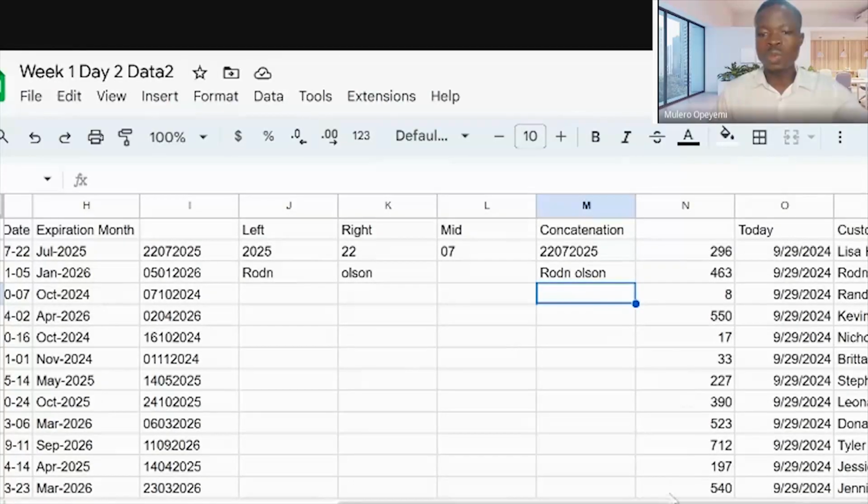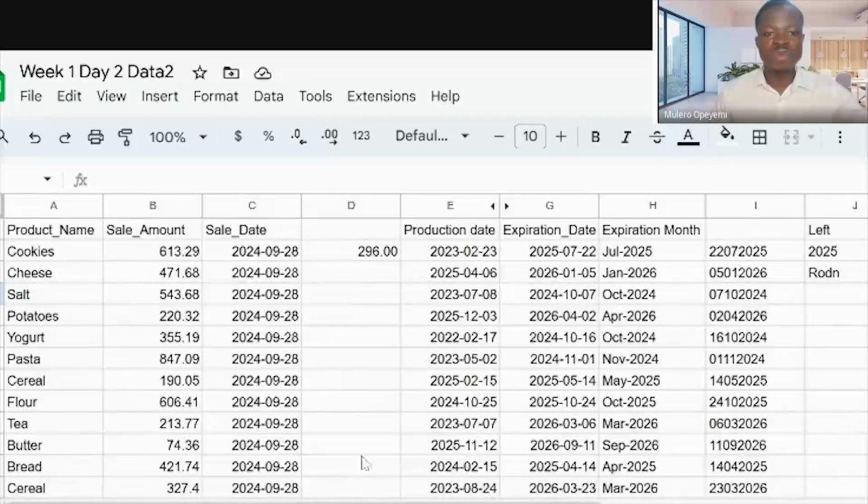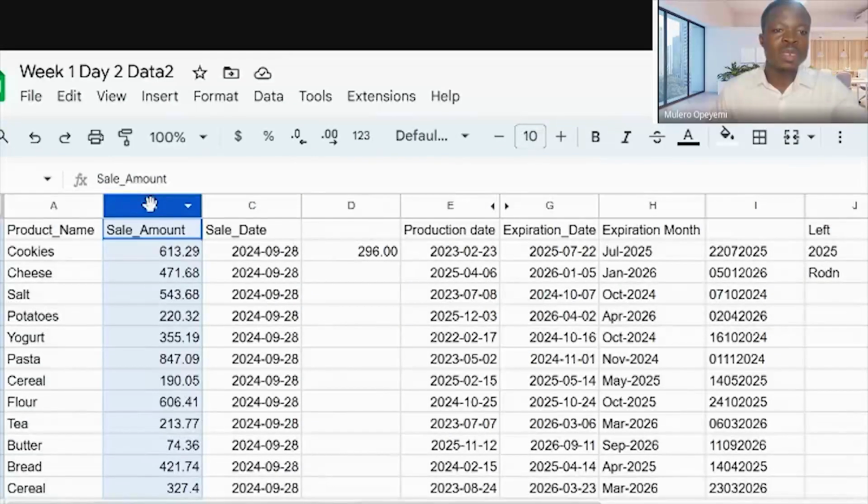Now, I want us to quickly look at the conditional statements: sum if, if error, if not available, and all of those things. Now, if, for example, my aim is to sum all the sales that are above 400, one of the ways I can do this is to filter this column.